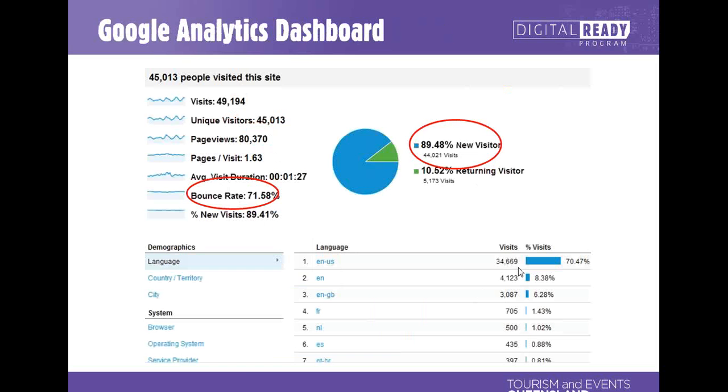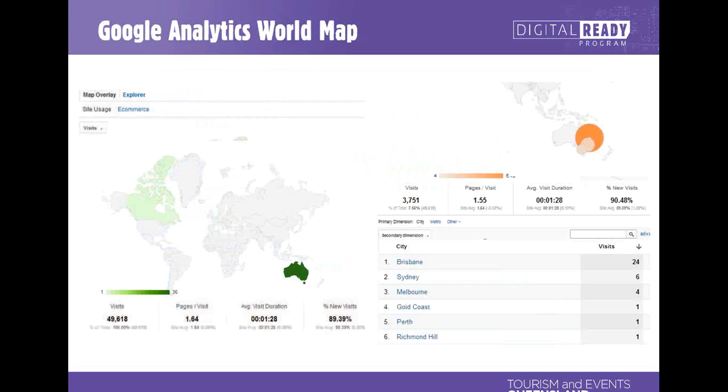So really good. So yes, I've talked about the bounce rate, I've talked about the new versus returning, the languages, the browser, the operating system. Massive more amount of data. This is just a very quick dashboard, and as you go you'll learn more. We can always help you if you're stuck, but Google itself has a huge number of really good training videos, short ones like a minute or so, and they are very helpful and will kind of talk you through kind of Analytics 101 if you're not familiar with it.